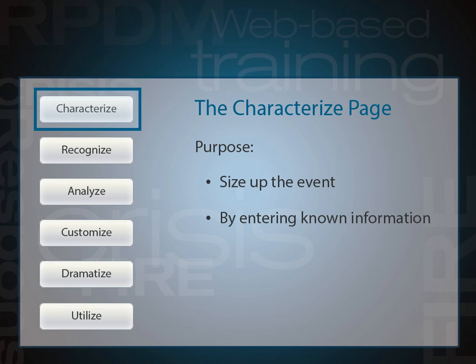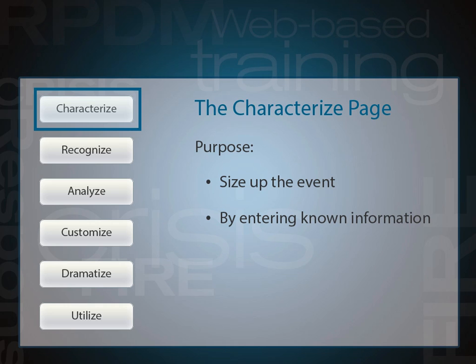In a real event, you might size up a situation based on your own observations. The things you see, the things you hear, the information delivered through your own senses. But you'd also be depending on others for information, dispatchers and on-scene responders. Now that we've established the purpose of the Characterize step in the decision process, let's take a closer look at